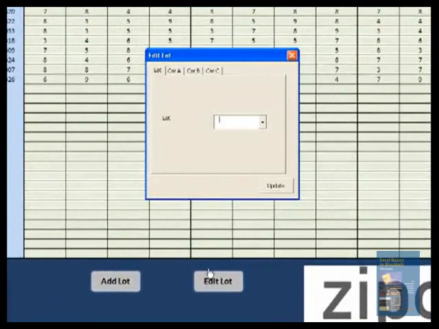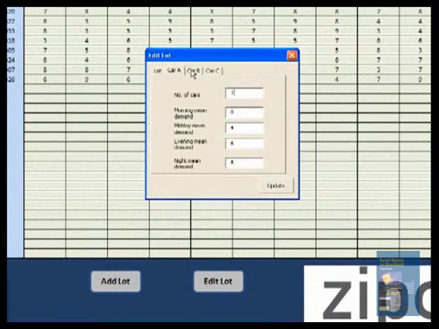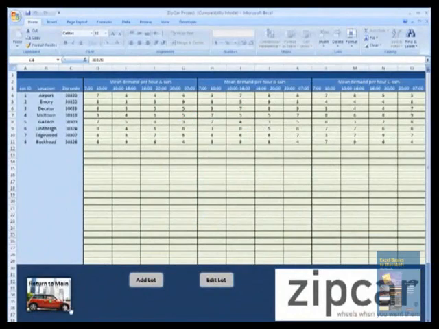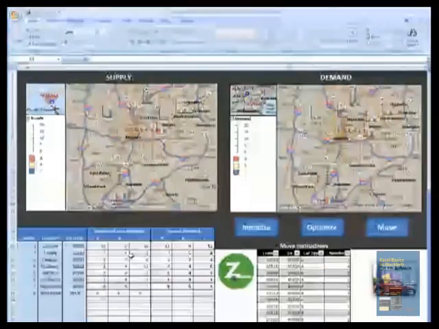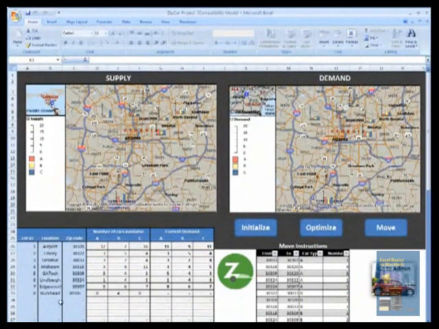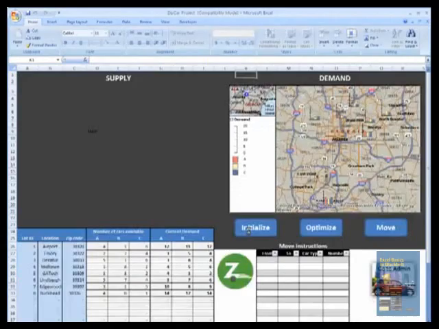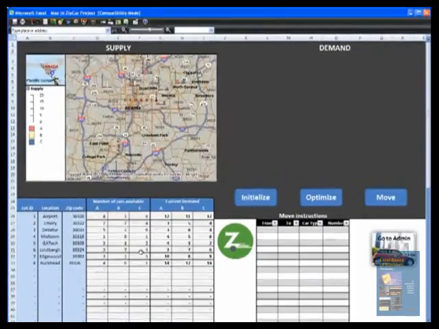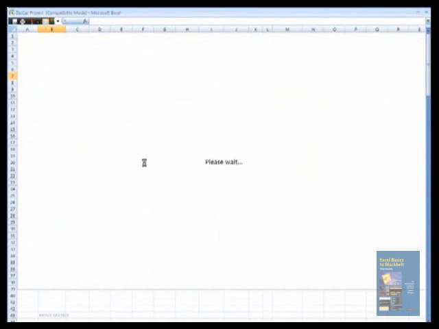We can also edit any existing locations by choosing one of them and editing the numbers there if he needs to overwrite anything. After he's added this location, if you go back to the main screen, you can see that the location has already been added into the table. But before he starts using the system again, he would hit the initialize button, which would now grab the demand and supply for all the locations, including this new one, and also update the demand and supply maps with the new location, as well as including it in the cost matrix, which needs to be fed into the optimization problem which Solver will solve again when you hit the optimize button.